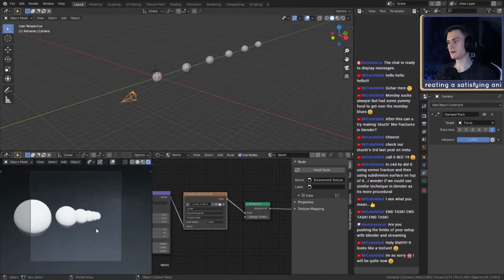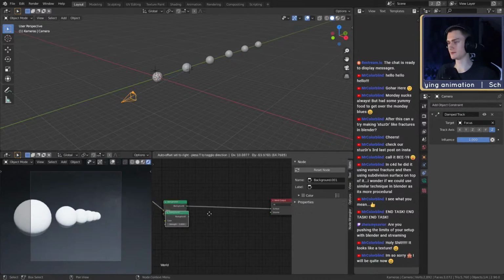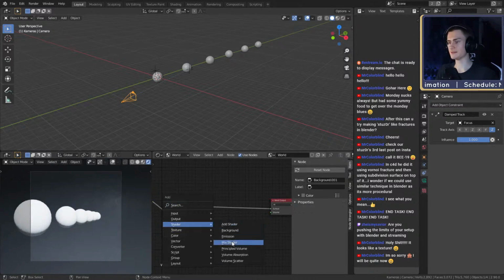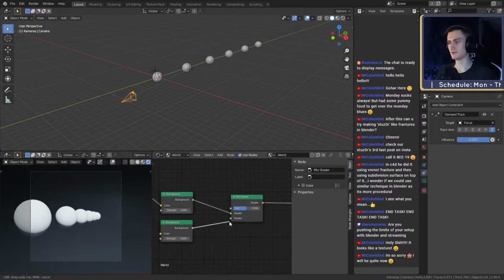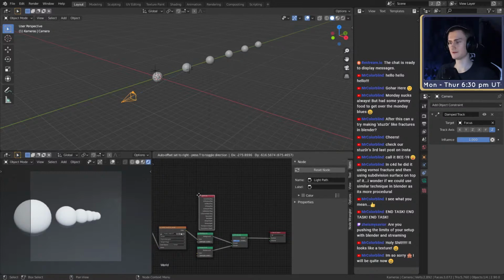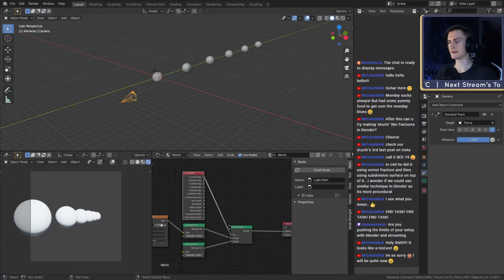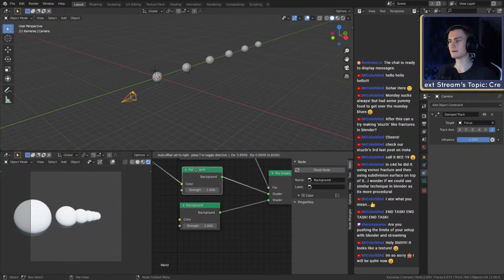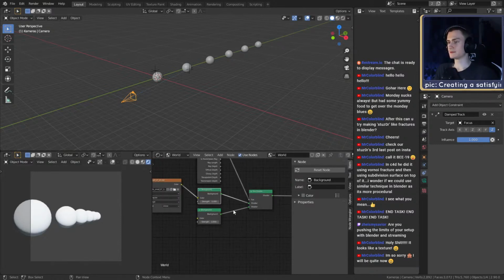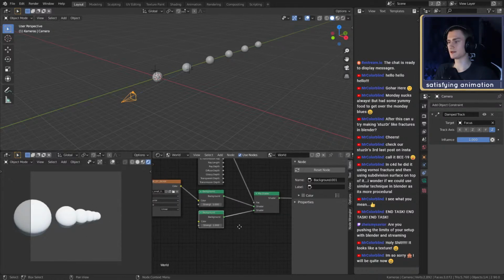If you don't want to have the image be your background, you can just duplicate this background node, use a mix shader, plug in both of those, and then use the light path node and use this plug right there, is camera ray, plug that in there. And now the first background node determines what lighting is in the scene, and the second one determines what color your background is.